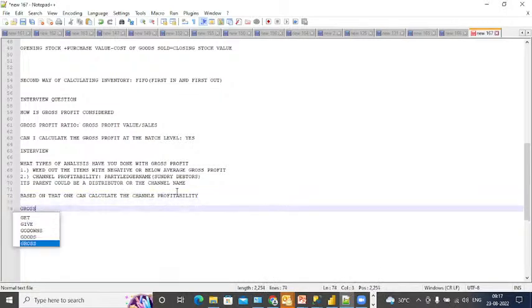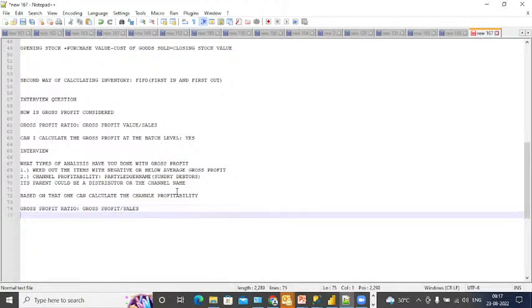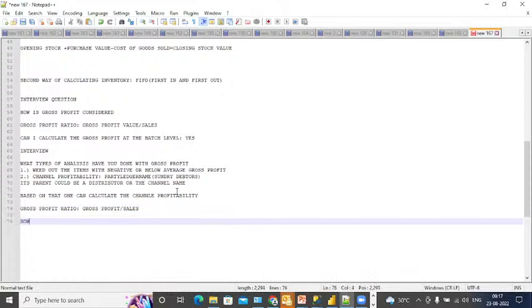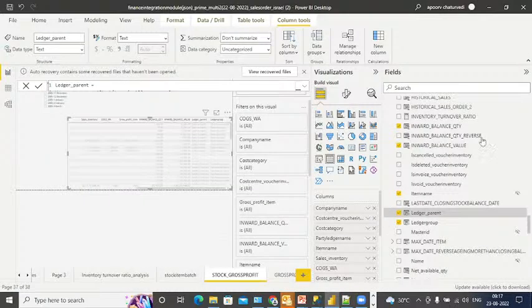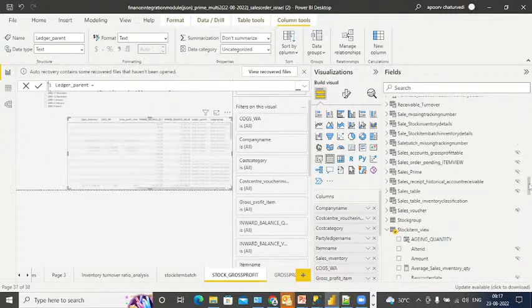Now gross profit ratio is what they can ask you in the interview. So say that gross profit ratio is gross profit divided by sales. Right. Now the next question that comes is how to include the freight costs. Now this is something which is a very tricky question. इसमें से what happens here is that in your group, if you go here,